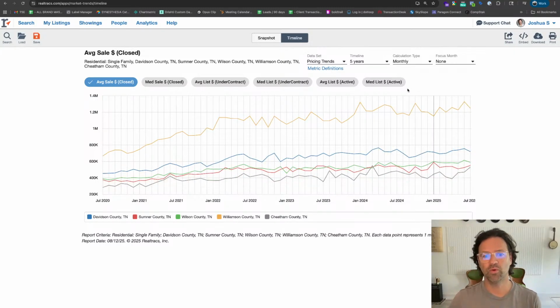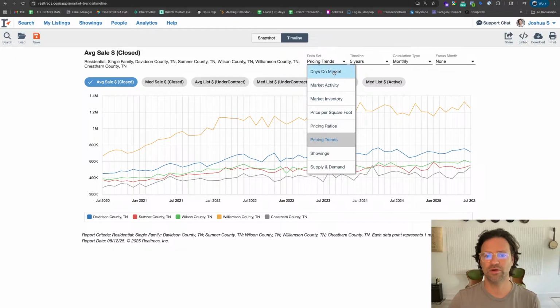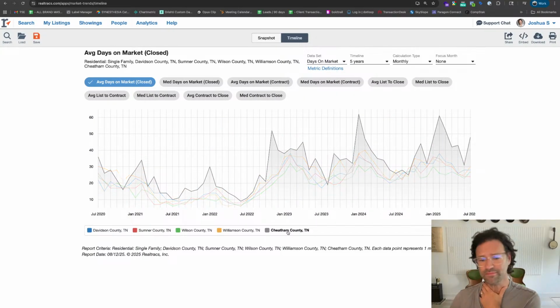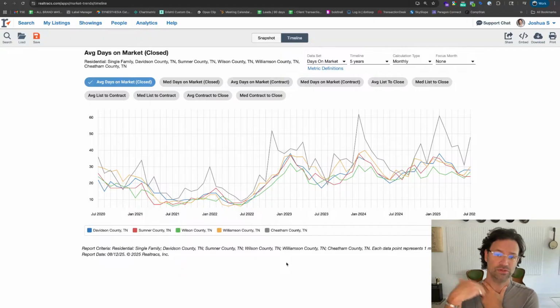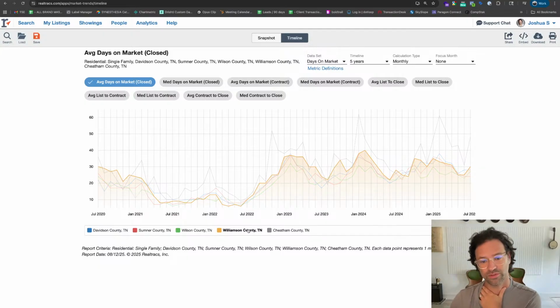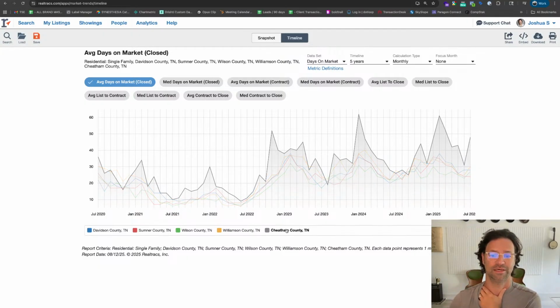So, market report. What do I need to focus on here? Let me go back and look at the days on market now that we have all of these pulled up. Yeah. So the one thing that's inverse to what you saw in the price averages, whereas Williamson County and Davidson County had some of the higher price points, here they're sort of middle of the road in terms of days on market, so how quickly things are selling. I want to look at what all of this means for these next couple of months,